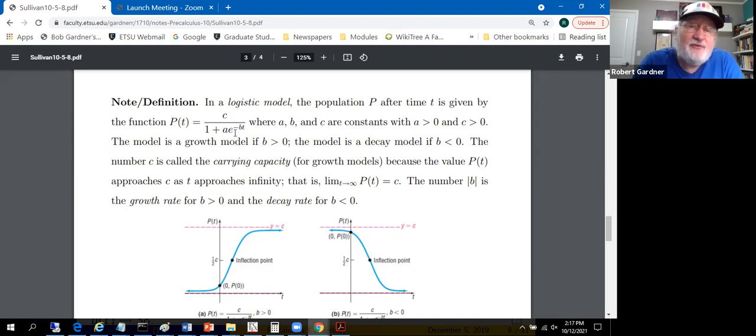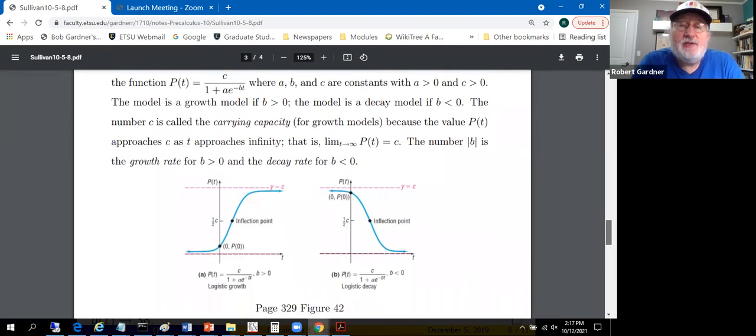And they put a negative sign in front of it, yet it's in the denominator. So this is a bit trickier than the exponential function. We'll look at a graph down below. This number C is called a carrying capacity for the model. We have,